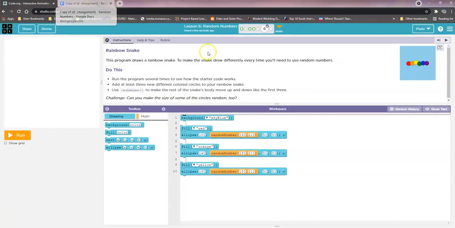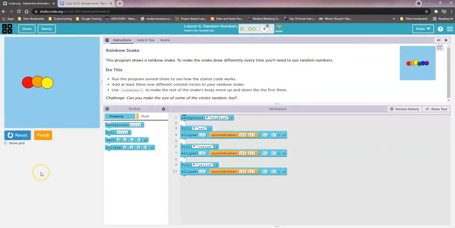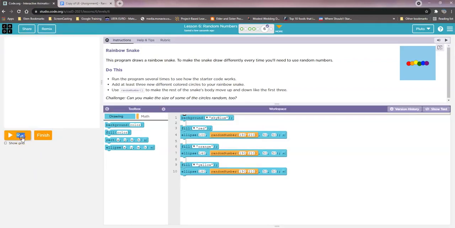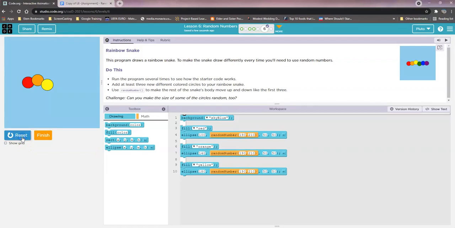And on 6, there is just one to do. This is called the rainbow snake. It starts you out when you run the program. It starts out the rainbow snake for you. You just need to add the 3 other ellipses with different colors and make sure that you are using random number. Because every time you click reset and run, you should see, just like you see now,